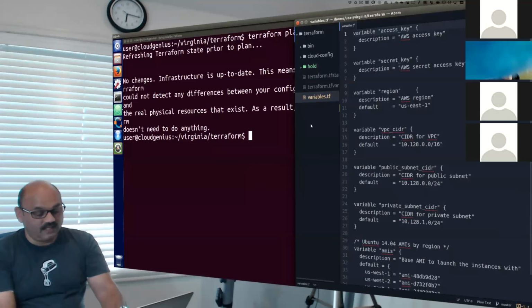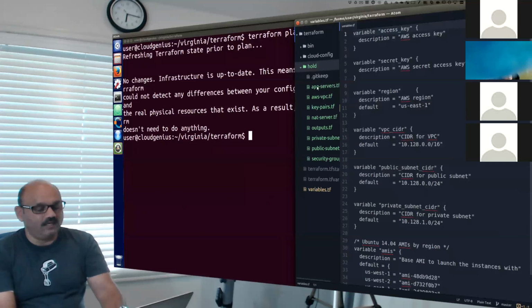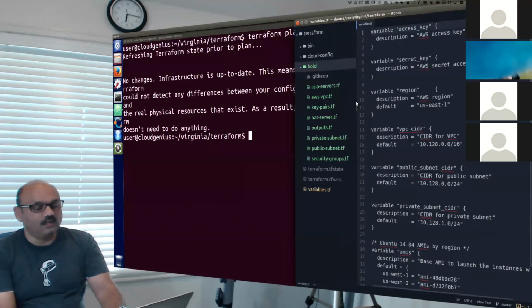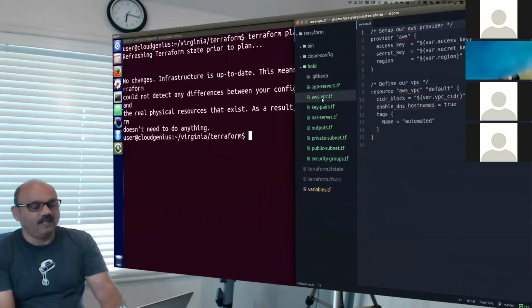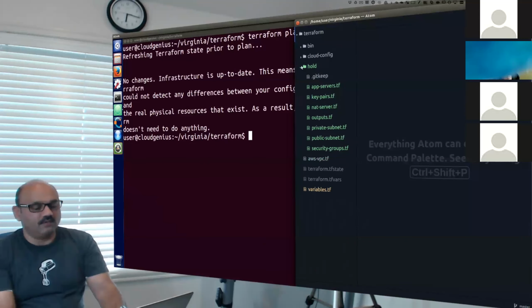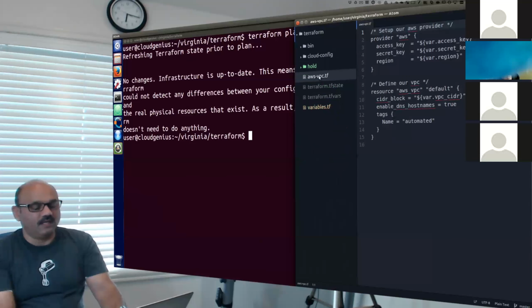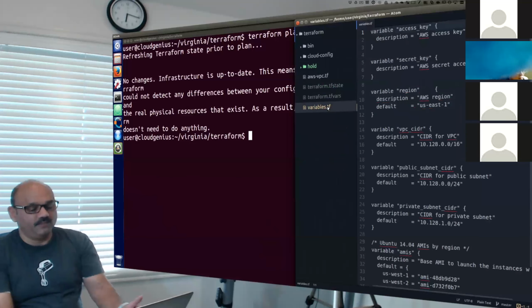And now at this stage, we should be able to pick one item at a time from these green items and bring them back to our Terraform folder and see what it actually does. So a simple thing that I want to show you is this file, which is the AWS VPC definition. I'm going to take this file out from the hold location and put it in the Terraform folder. So now in our hold, we have this file back where it was. And you can see that in this file, there are 15 lines of code where we are defining our access key and secret key and the region. And these are already defined in the variable file, by the way.